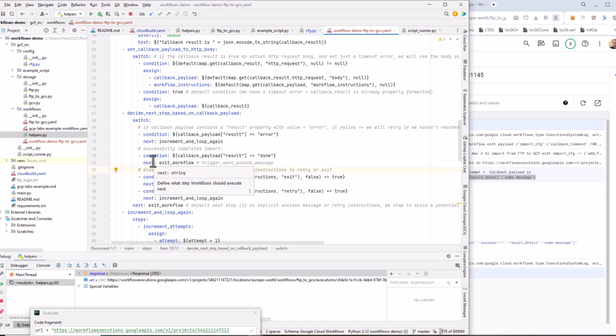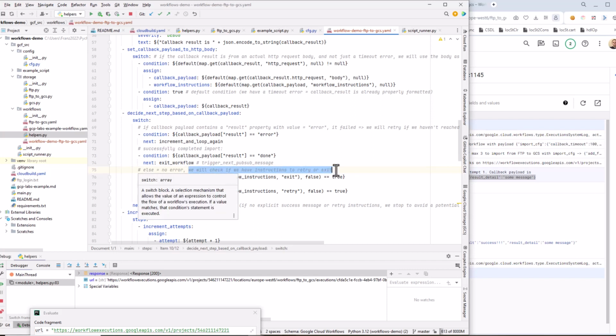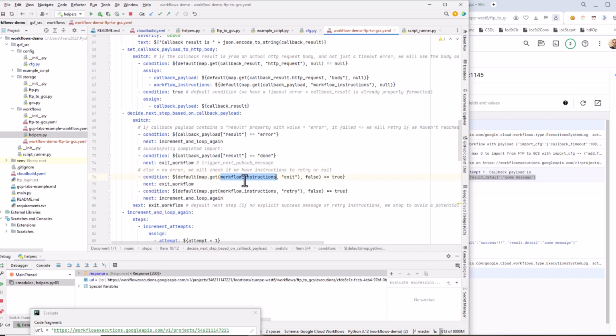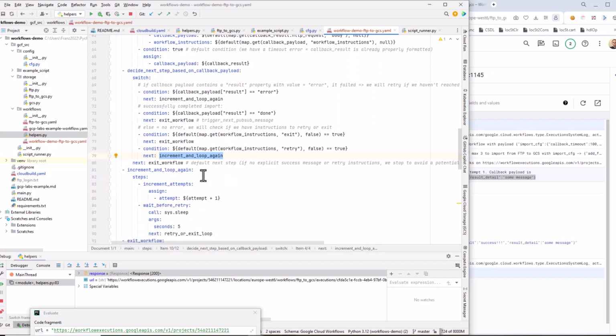If none of these first 2 conditions apply, then we know at least we don't have an error. But let's see if we have instructions to retry or exit. So let's see if the callback payload had workflow instructions. So it could be exit or retry. And if we have exit, then we'll exit the workflow. If we have retry, we'll increment and loop again. And what is increment and loop again? It's this step here where we